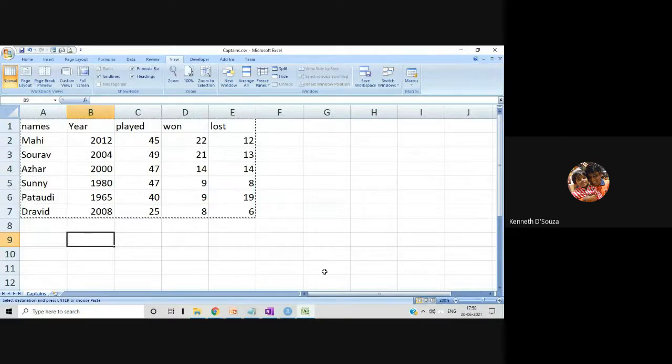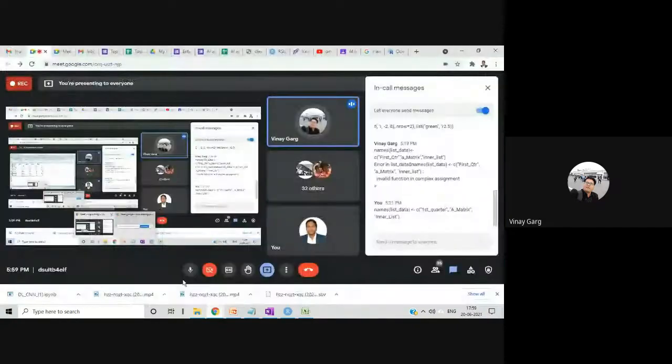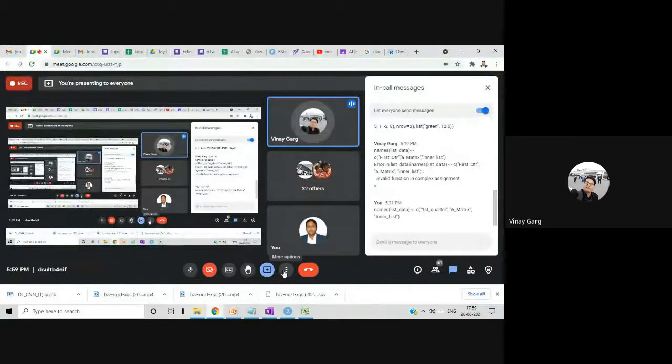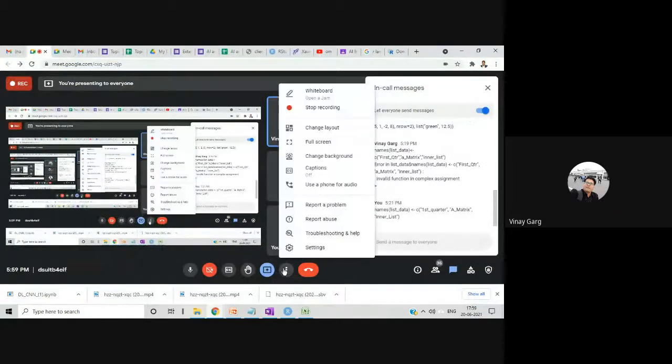Meanwhile, sir, one question from my side: the data frame we have created, is that in Excel? You will also show how to fetch the data from text or Excel to analyze those things? Everything I'll be showing: not only from text, but from Excel, from CSV file, from XML file. All this I'll be showing you.